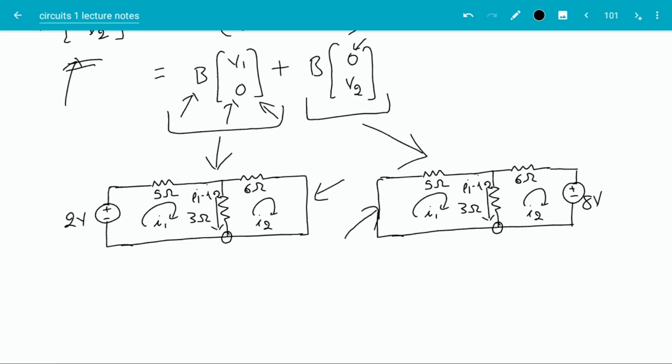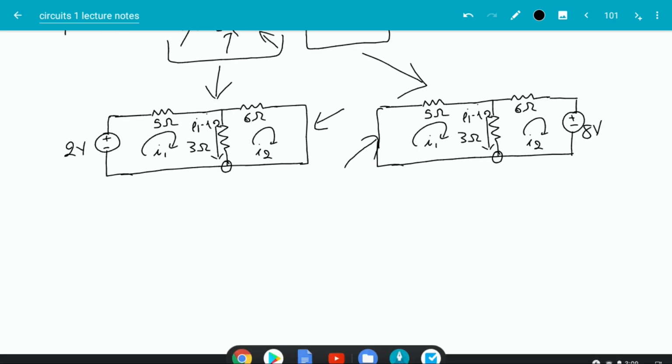In the superposition method, one way you can use it is by setting all the voltage sources to 0 except one, or in case you have multiple independent sources which are a mix of voltage and current sources, you can consider the circuit with each source at a time while setting all others to 0, calculating the currents for each of the sources that way, and then adding them up. So let's verify if this actually works by calculating I1 and I2 in each of the circuits independently.